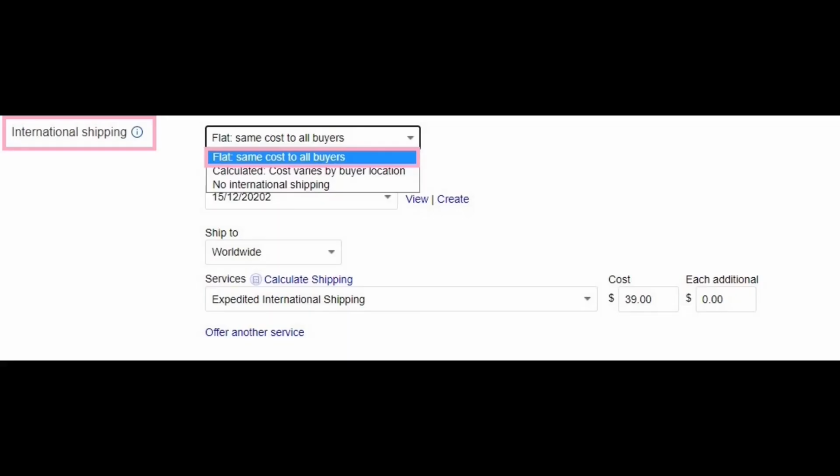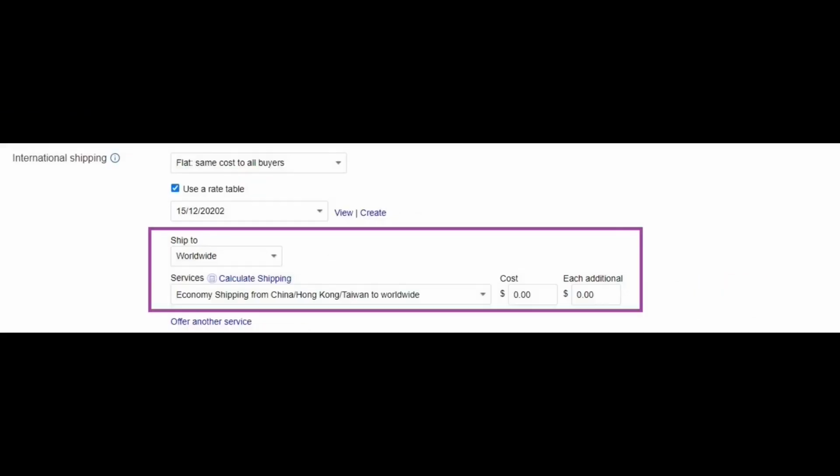International shipping services option. The services field provides access to the selection of international shipping services that you can use for items for international shipping. The shipping services in the drop-down menu depend on what you have selected in the Ship to field. Select worldwide, and then one of the shipping methods is available to set up the cost.